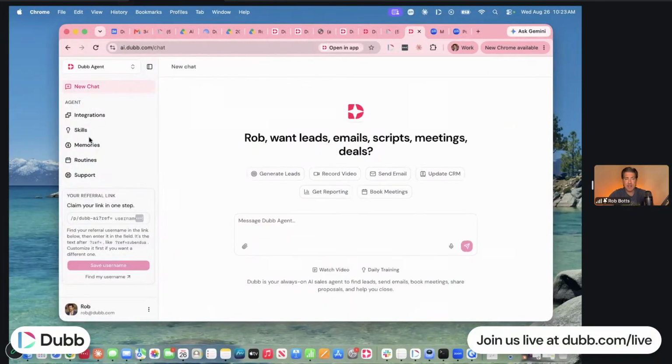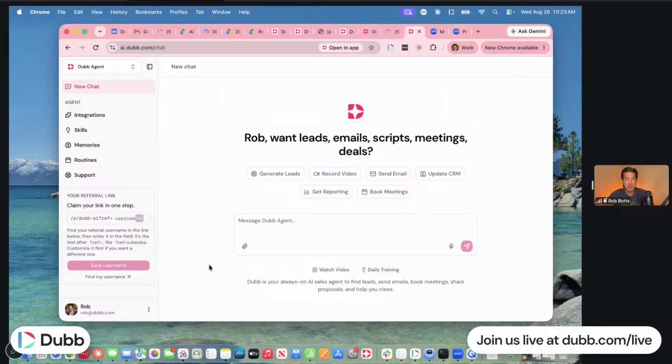Now, inside the dashboard here, inside the chat area, this is where you're going to chat with Dubb Agent, right down here. And if you want to do it by microphone, you can do that as well. We have a nice speech to AI refined text. You can talk off the top of your head. It will organize your words into a proper prompt, and then you can prompt the agent, which I'm sure Dubb Agent actually appreciates.